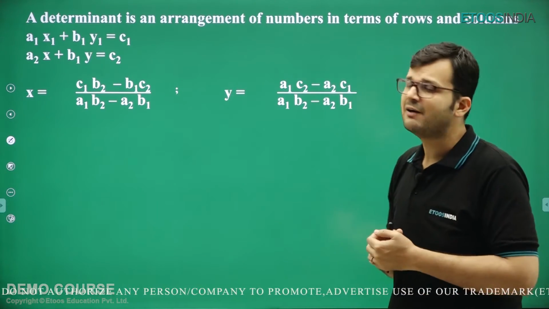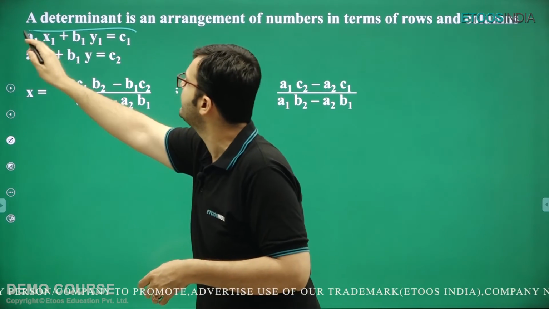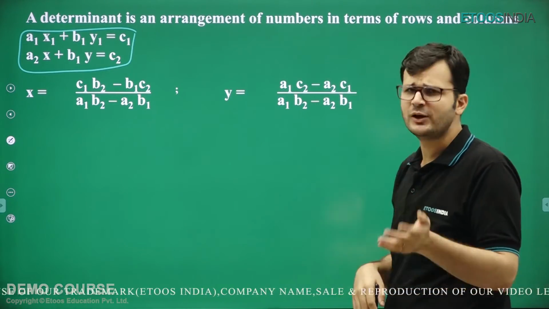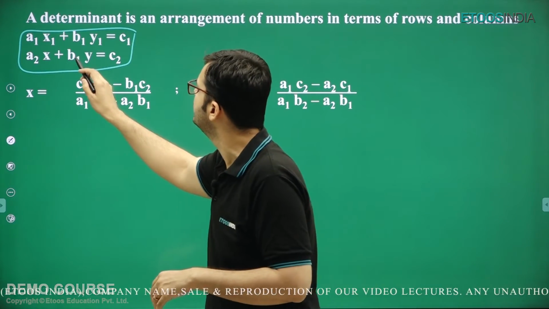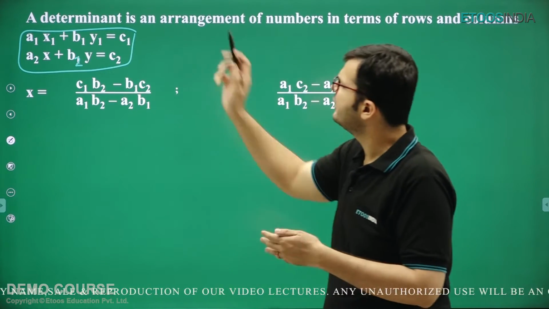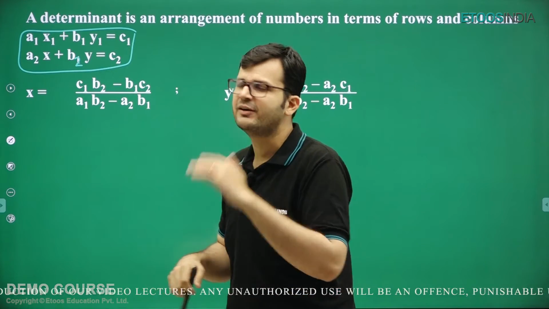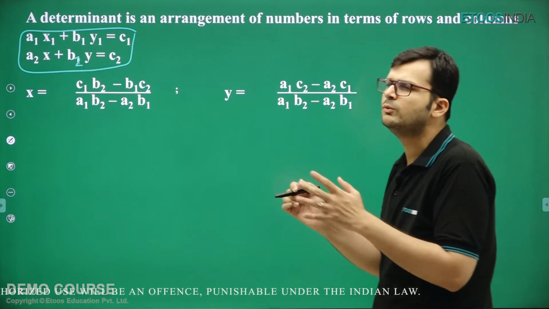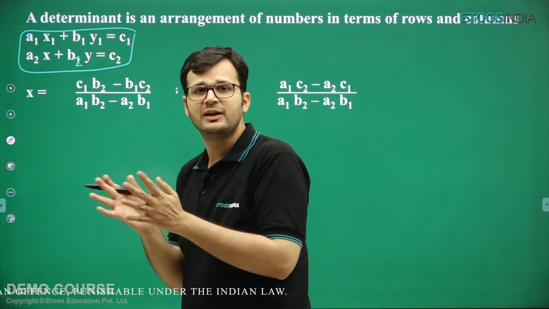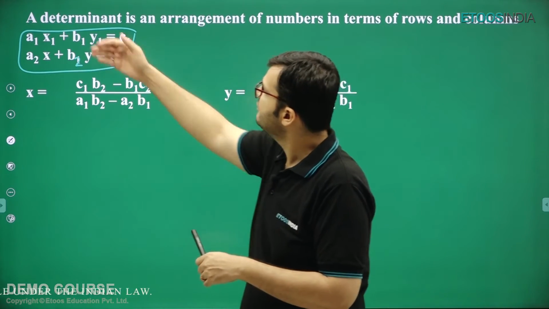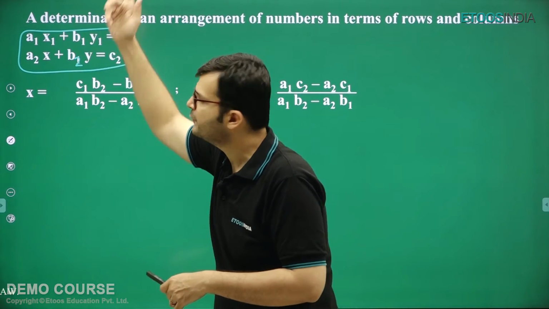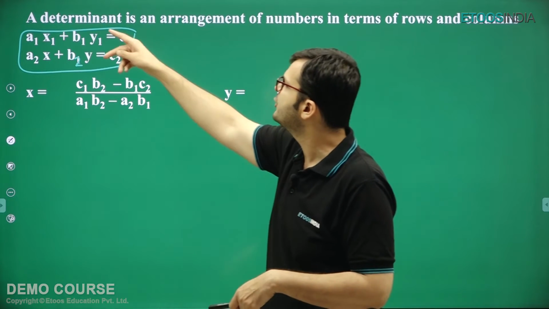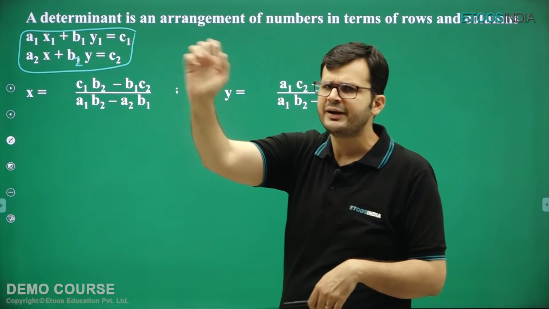So as you can see, I have written in front of you two equations in two variables. The two equations are a1x plus b1y equal to c1 and a2x plus b2y equal to c2. This is b2. You can read the first two variables as x1, y1 or x and y. Now if you need to solve these two equations, there are two famous ways available. One way is elimination, that is you can multiply the first equation by a2 and the second equation by a1 and then subtract them. This will eliminate x from the equations and it will give you the value of y, and from y you can find x.